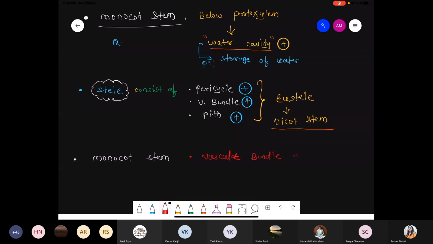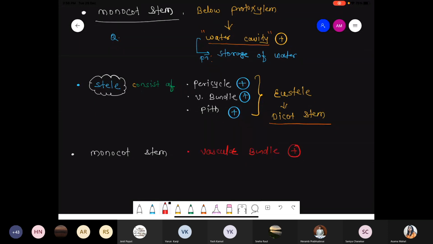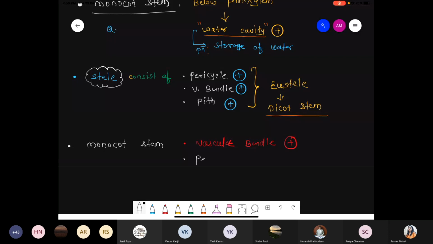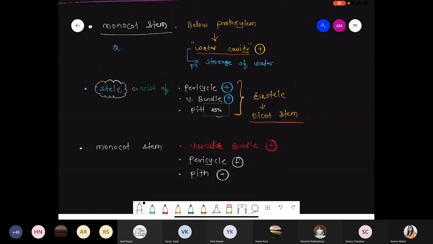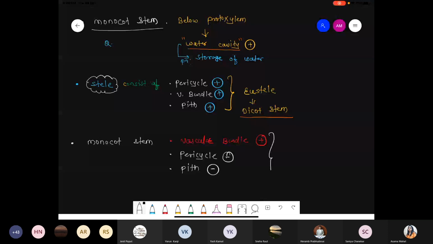Only one part is present, that is the vascular bundle, but the remaining two, the pericycle as well as the pith, are both absent. So the vascular bundle is present, and the pericycle and the pith are both absent. That's why this type of stele is simply called the atactostele. And please remember, atactostele is a characteristic feature of the monocot stem, because in case of this stele condition,